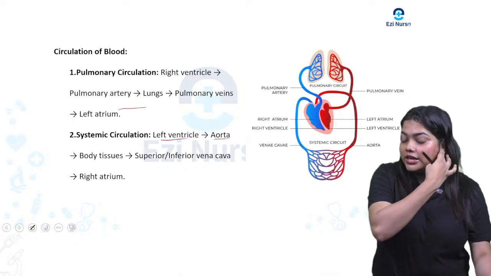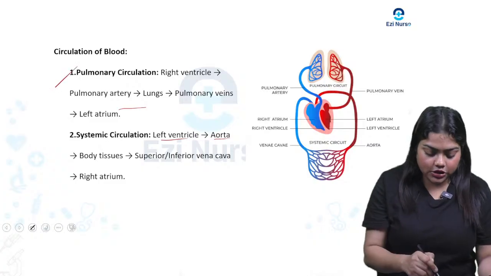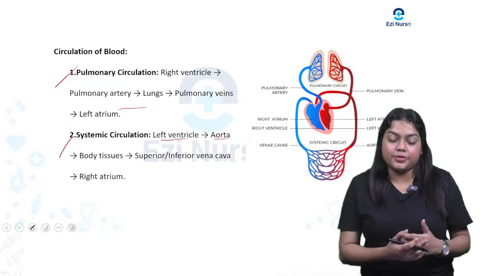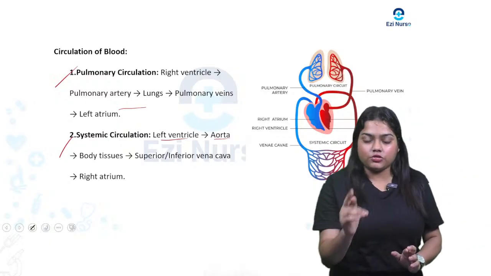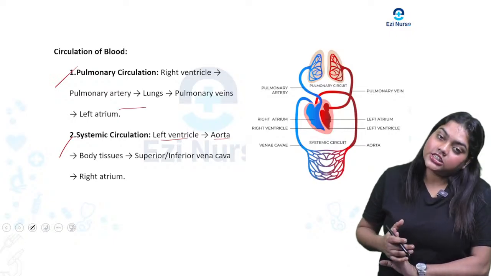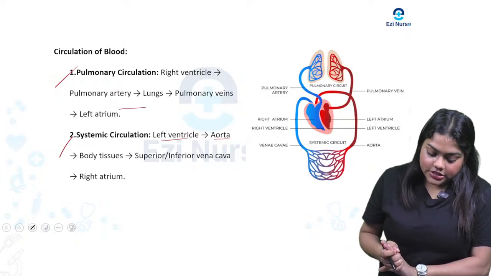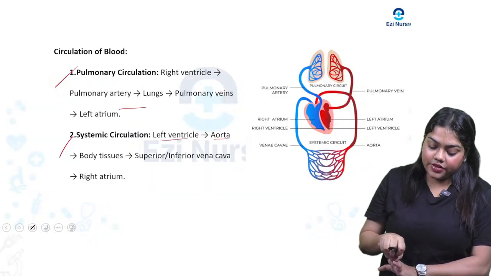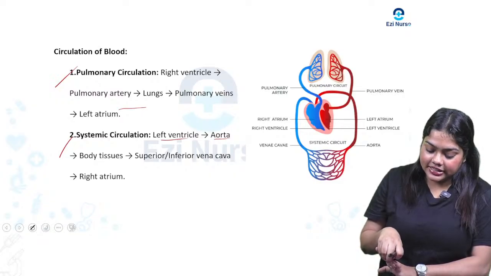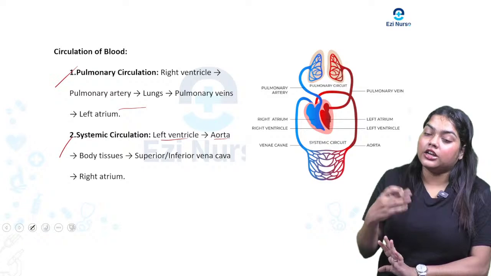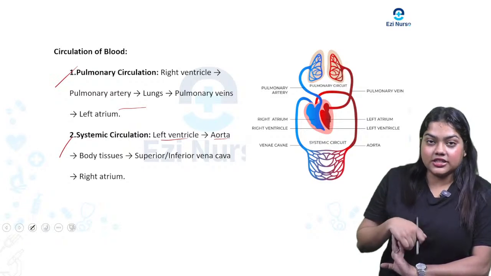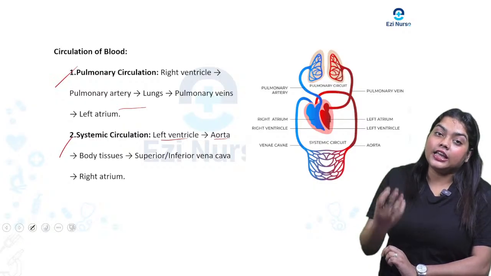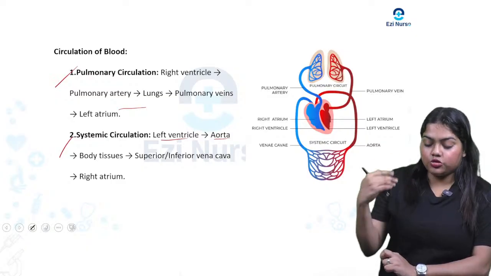So what is actually happening can be confusing. They can ask what is pulmonary circulation, what is systemic circulation. You can confuse it, don't confuse it. Why? Because what is pulmonary circulation? Pulmonary circulation is when the right ventricle is receiving the deoxygenated blood and sending the oxygenated blood to the left atrium. That is called pulmonary circulation. As for systemic circulation, the left ventricle is sending the oxygenated blood through the aorta,